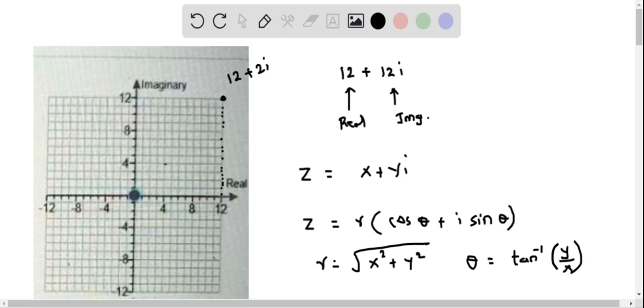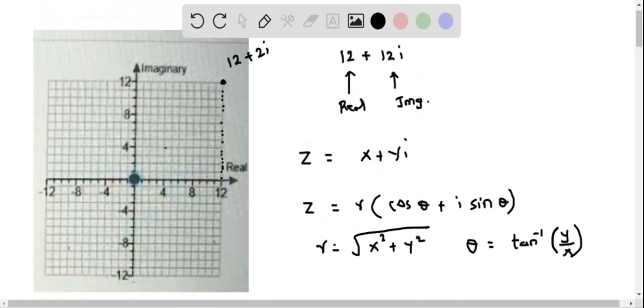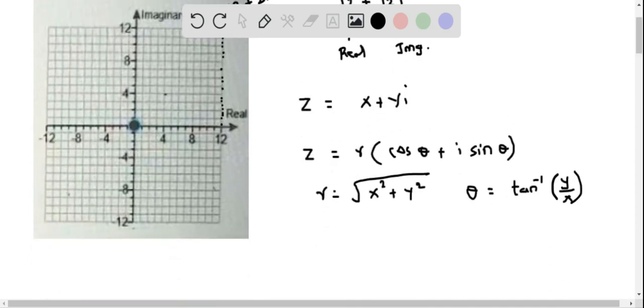So let's determine r and theta first so that we can write this complex number in polar form. Here the complex number is 12 plus 12i. So let's write down this z equals 12 plus 12i, and therefore x equals 12 and y equals 12. So let's substitute in this formula so that we can determine r. So r equal to square root of x squared, which is 12 squared, plus y, which is also 12 squared,